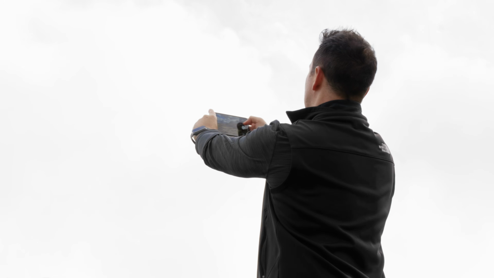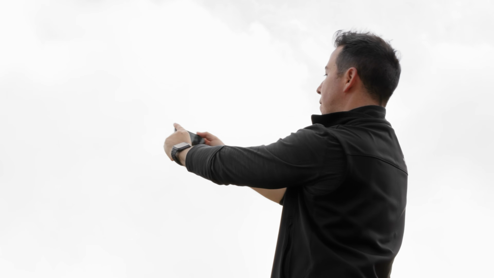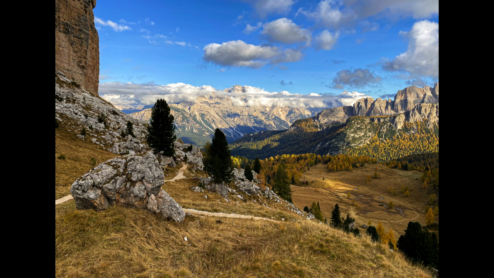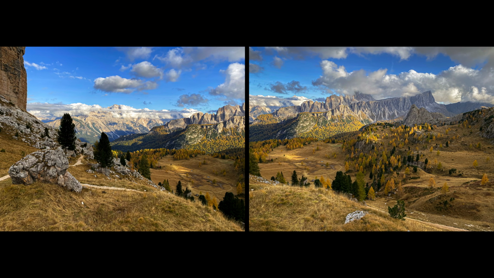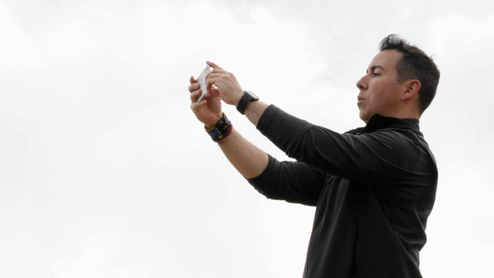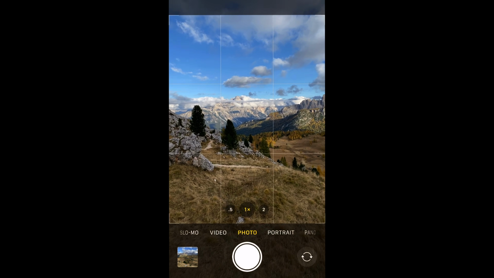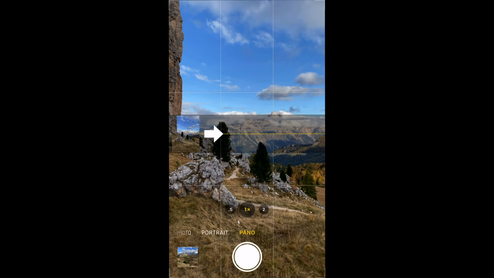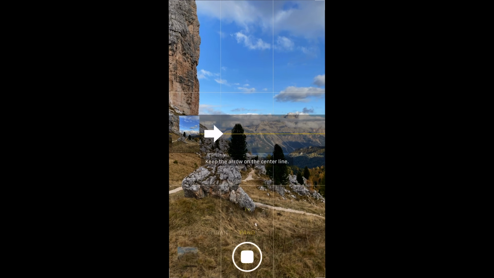Now, if I pan over a little bit more, I do have another composition. This isn't as interesting to me as that first two. But again, since this initial composition is beautiful, and the one immediately next to it, this might be a good time to try and get both in that same scene as well. So while I'm here, let's go ahead and try that. What we're gonna do is I'm gonna go to a vertical composition, and I'm going to scroll to my left 2 until I get to that pano option. Right away, it's gonna default to my 1X. You'll see that arrow pointing to the right, so all I have to do is click the shutter and just